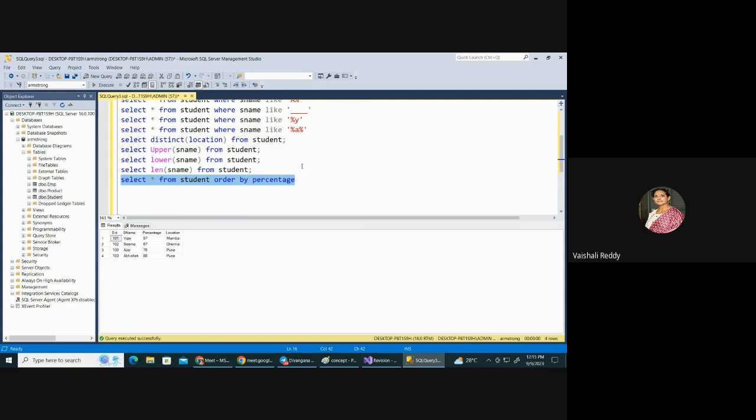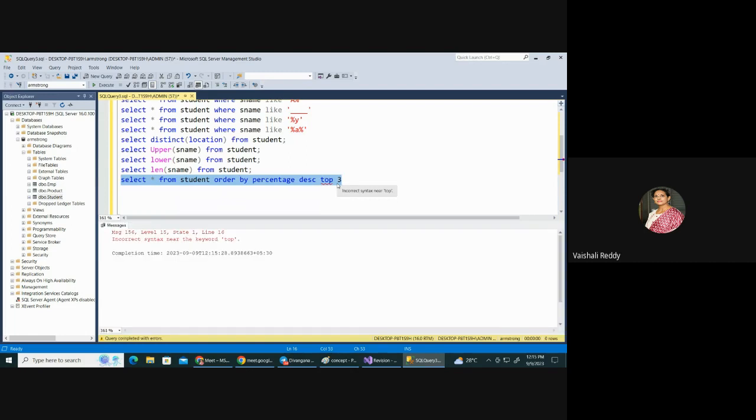So yes, it gives the order in ascending or descending order. So by default it is ascending. You may specify. So here if you give descending, then it is showing us descending. और इसके बाद टॉप 3 अगर हमने बोला,